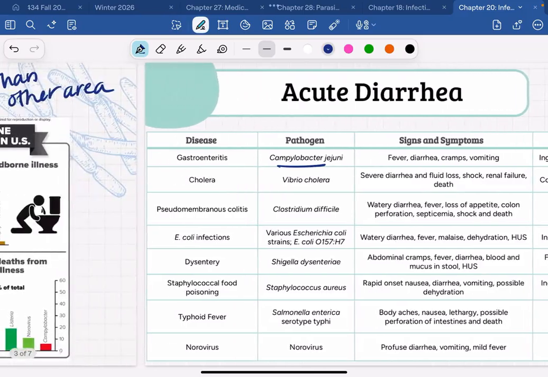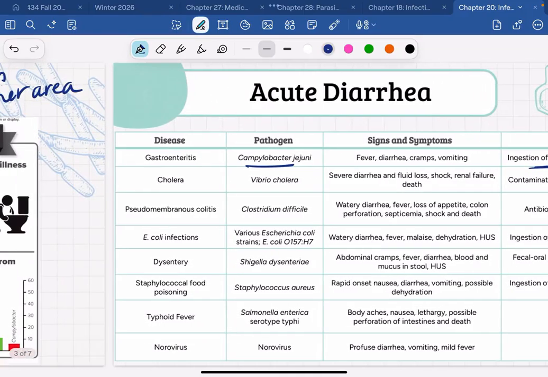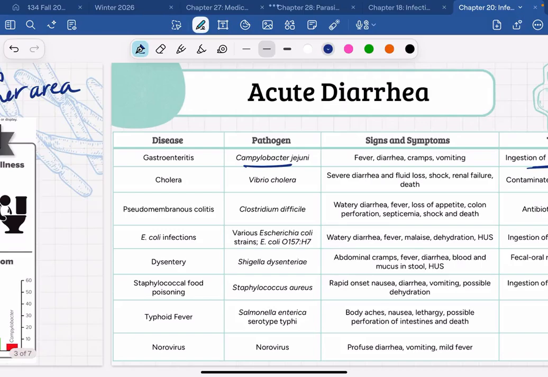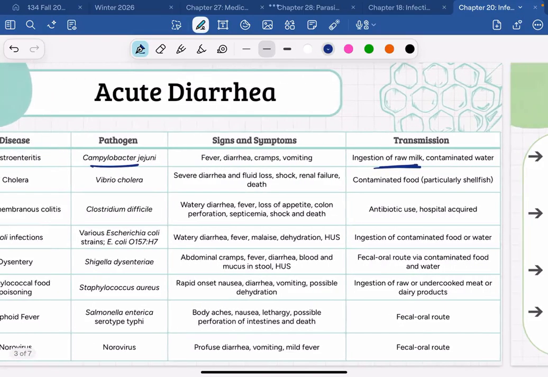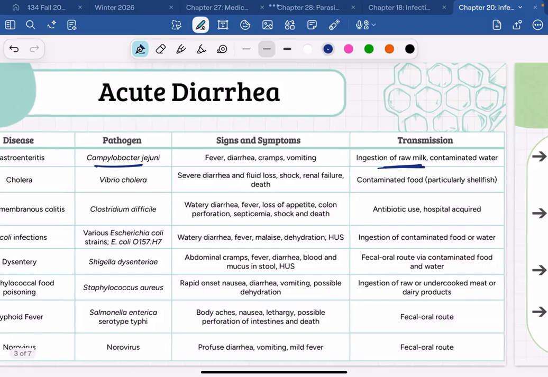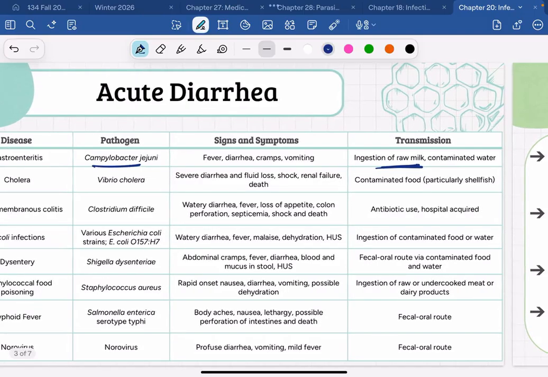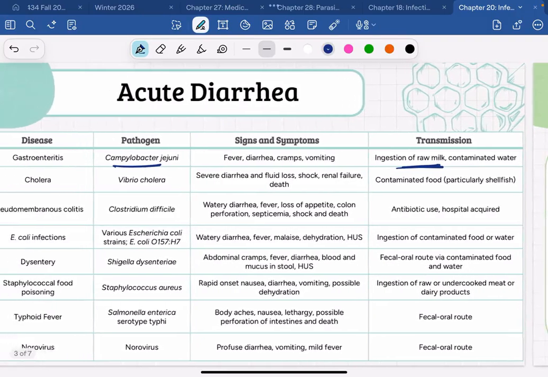All right. And then we kind of already have talked about C. diff before, right? It causes pseudomembranous colitis. And that's C. diff. That's the one that's associated with antibiotic use in the hospital, the one that's treated with fecal transplants, right? When the microbiome in the gut gets destroyed because of long-term antibiotic use, C. diff can kind of take over.